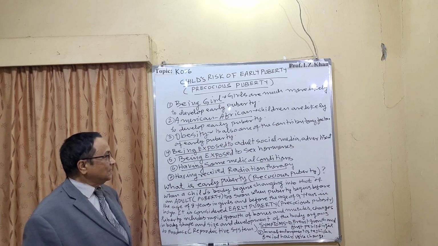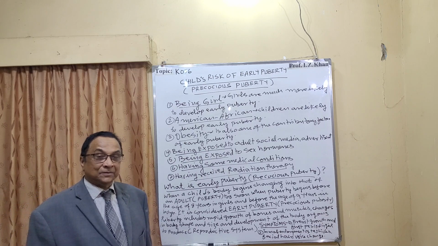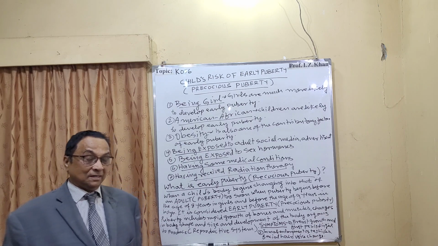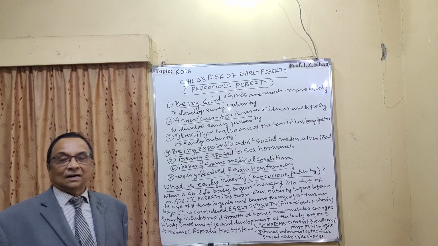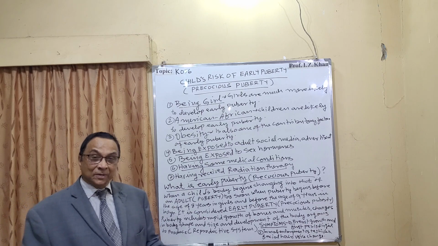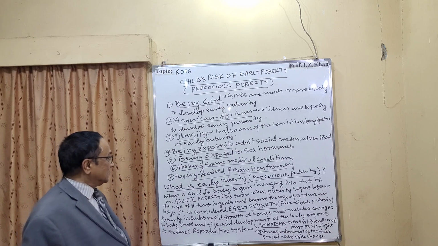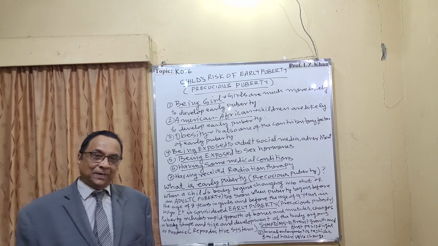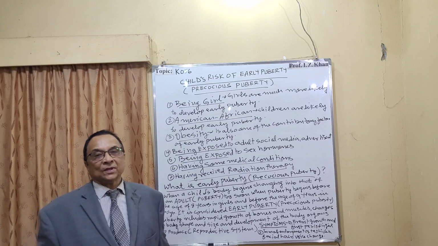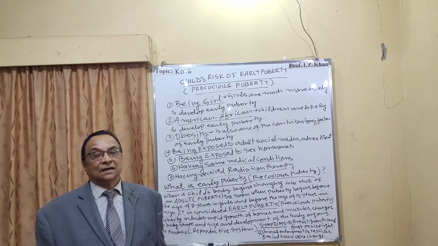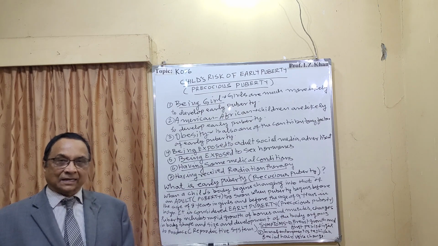Number six, having some medical conditions. There are some medical conditions, sometimes there may be some birth defect, genetic defect, tumor in the brain, tumor in the ovary, or cyst in the ovary, or maybe you might have gone through radiation therapy. These are all medical conditions. And number seven, having received radiation therapy. Some people in early age get leukemia or some cancers, and because of that they are subjected to radiation therapy. That can also